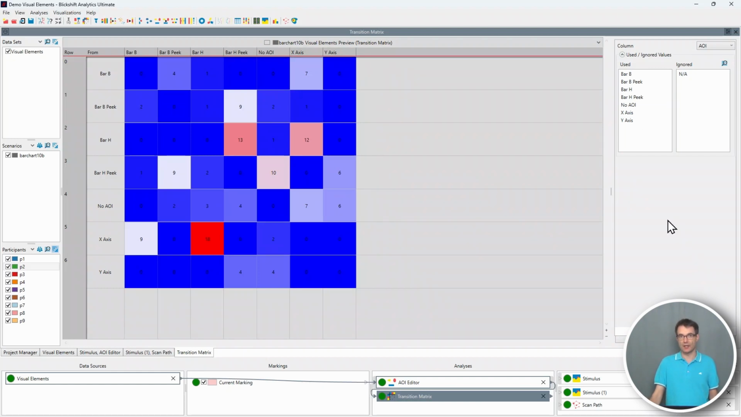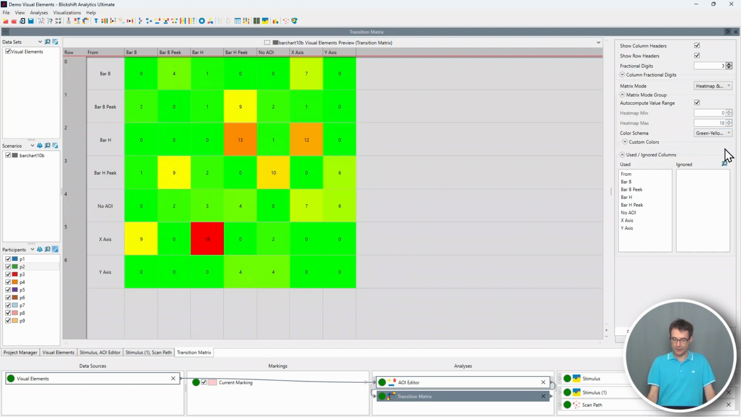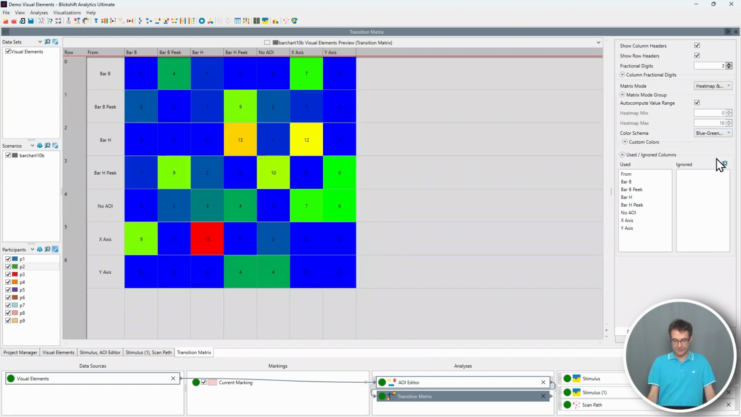If you want to change the color scheme, you can click here on the Preview Transition Matrix tab and then go to the Color Schema pull-down menu. Standard is blue, white, red, but you can also go with the green, yellow, red, or the blue, green, yellow, red. Or if you want to customize your heat map, you can click on Customize and you can choose here